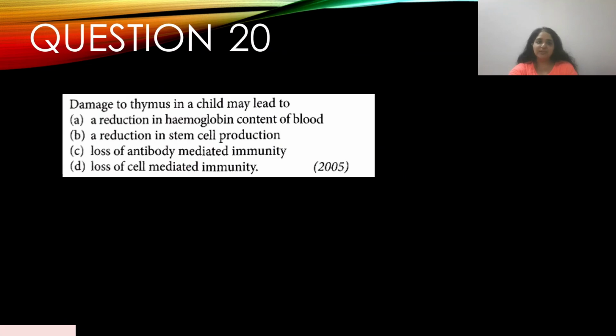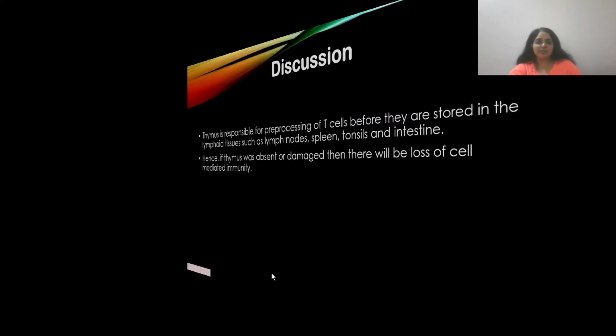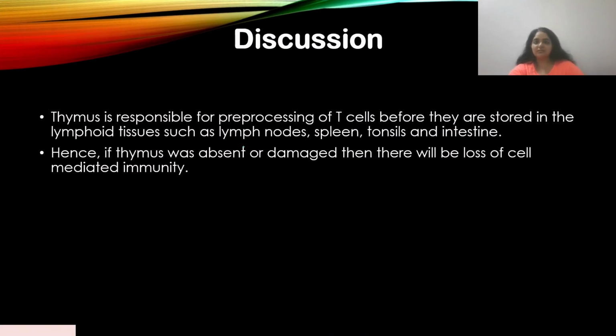Question 20. Damage to thymus in child may lead to, somewhere in 2005, A, reduction in hemoglobin content of blood. No. A is incorrect. B, a reduction in stem cell production. No. Loss of antibody mediated immunity. No. Loss of cell mediated immunity. Yes. Answer is D. If the thymus is absent or damaged or whatever the case is, T cell production will